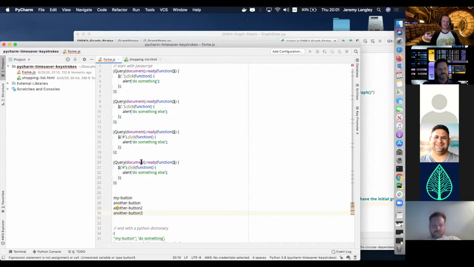What else? Something I forgot to tell you about was if you have something selected, it doesn't have double quotes around it, but you can press Shift double quotes, and it will automatically add the double quotes to both sides. If you had all of them selected,